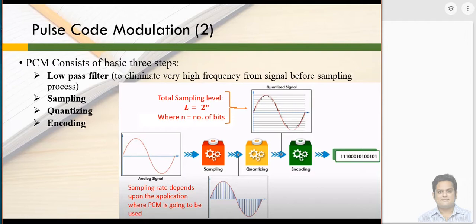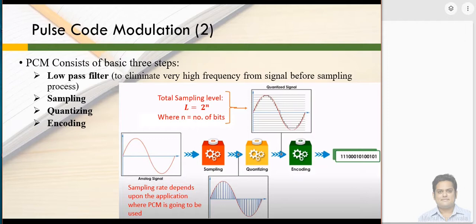Fine. If you are talking about a Blu-ray disc, all of you are aware of Blu-ray discs. They need higher quality audio signals to be transmitted. So at that time the sampling rate jumps almost directly to 1 megahertz.